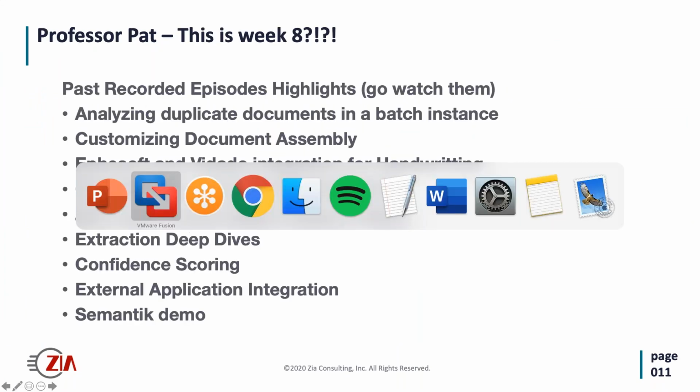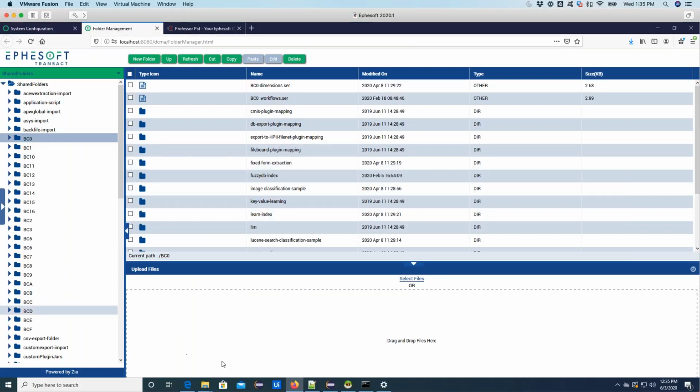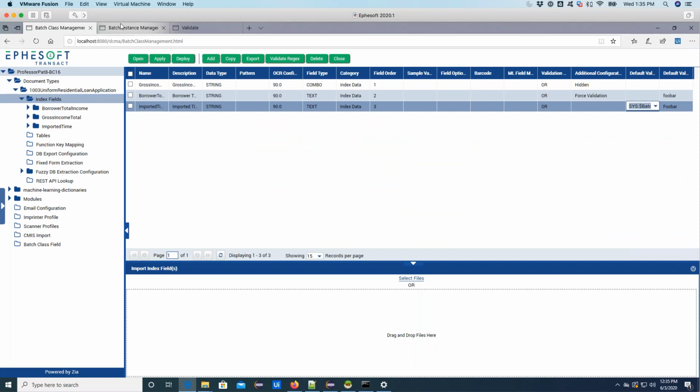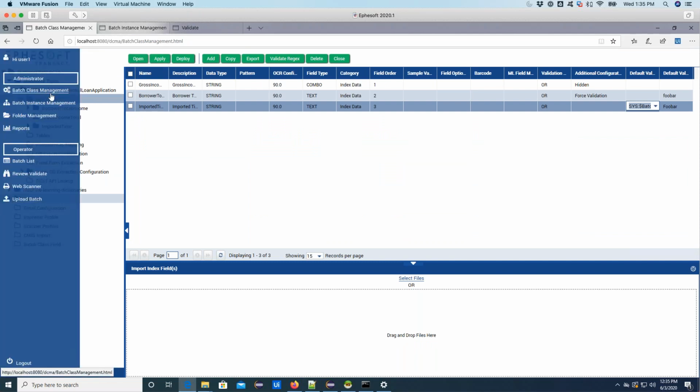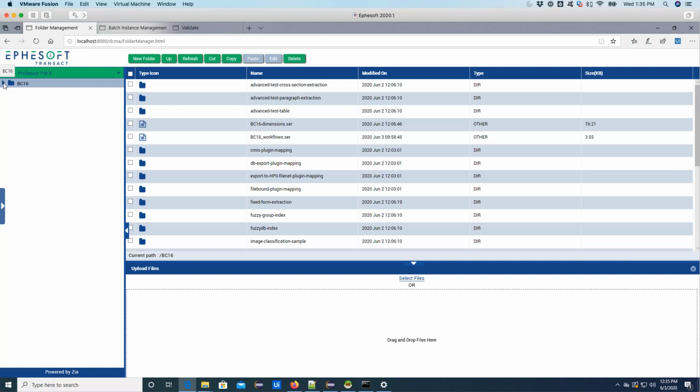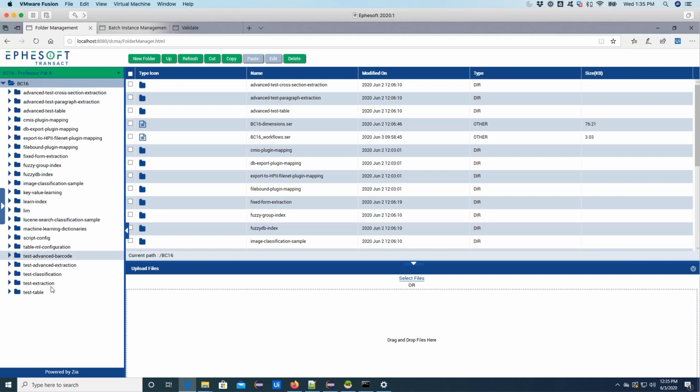So let's take a look at what it looks like from just a group, which I have here. If I look under folder management, this is a different group that just has certain access to a batch class in this particular instance. You can see that I only have this BC folder. And so just kind of going under what you might use that for.